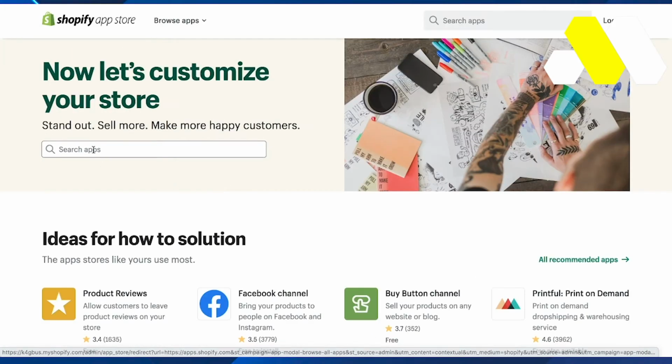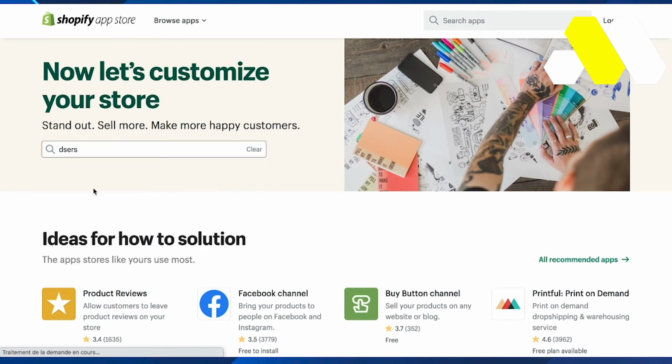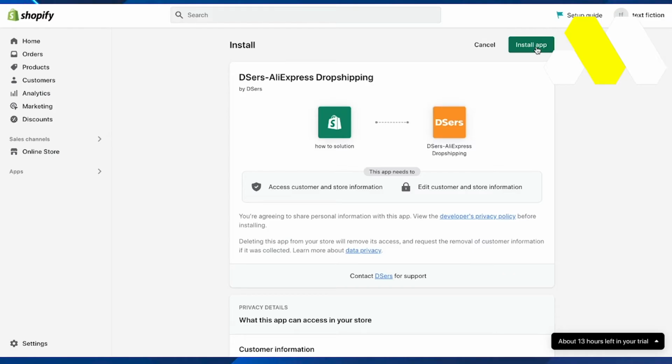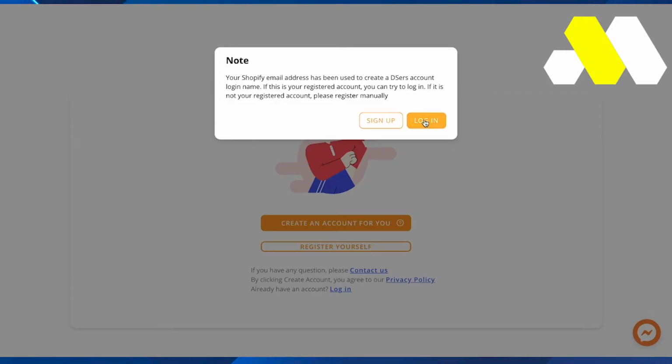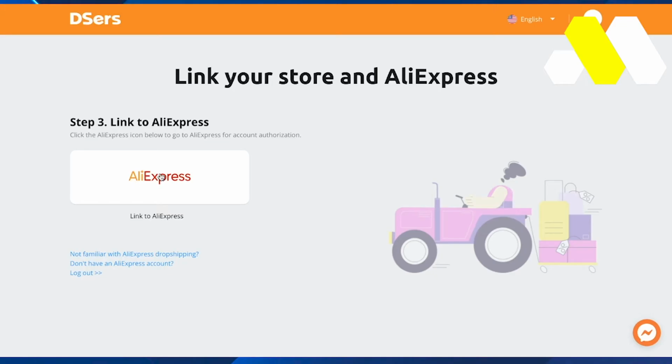Now what you need to do is to search for an application called This. Here it is, so click on Add App and then tap on Install App. And then you guys will be taken to another page, and now as you can see you need to create an account with This. So just click on Create an Account, or if you already have an account just click on Register. Then you can create an account for free,